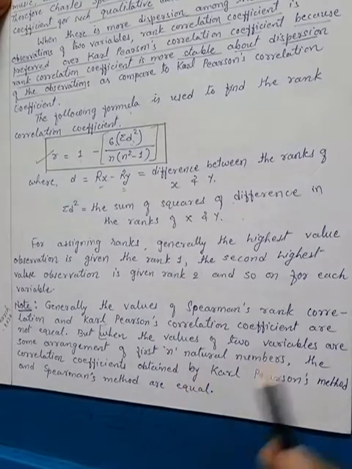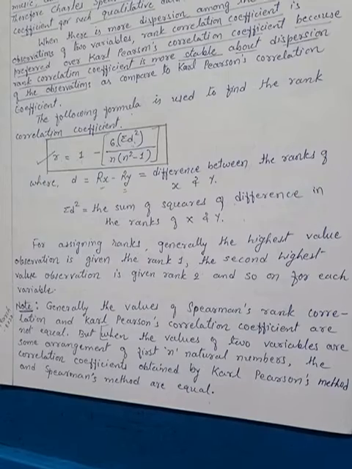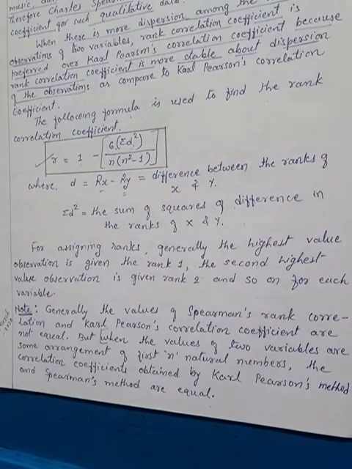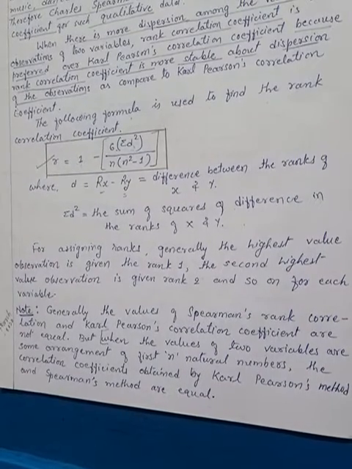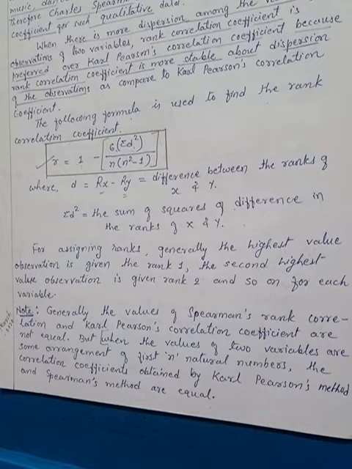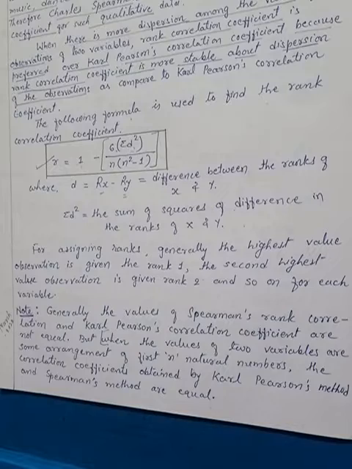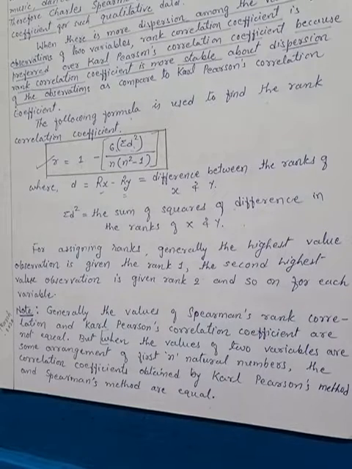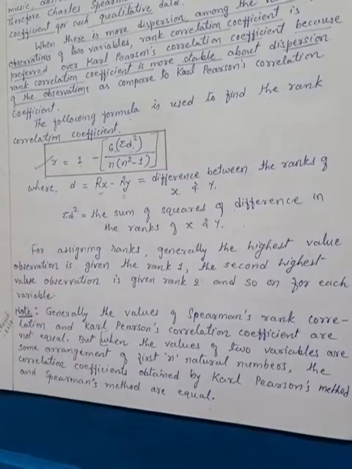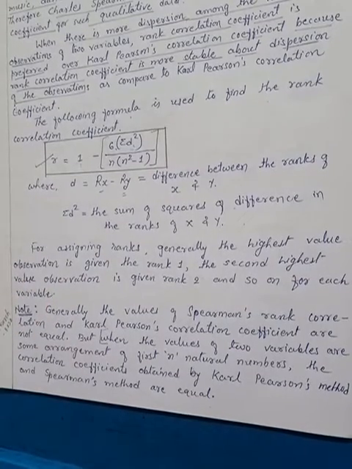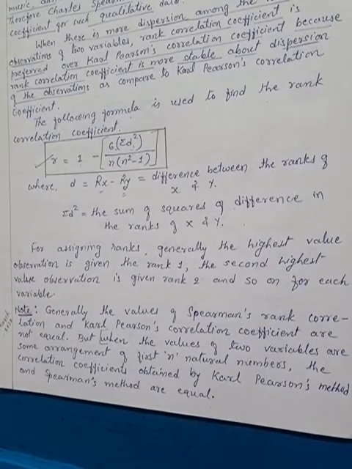So in that case, when you arrange the first n natural numbers in a specific way for both the variables, then the correlation coefficient by Karl Pearson's method and the rank correlation coefficient by Spearman's method will both be the same. So this is an important paragraph for you. Okay, that is a note I wrote over here so that you can read it again and you can find